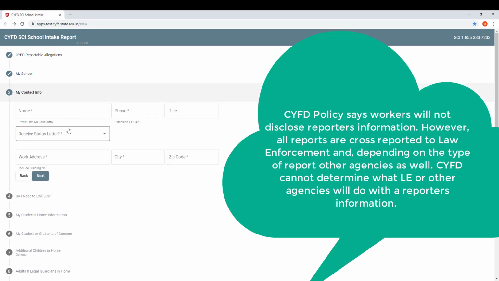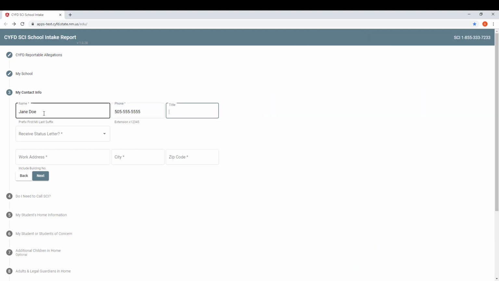If you choose to provide your contact information, you will provide your full name, a phone number, and your title. Would you like to receive a status letter? You'll provide your school's address,